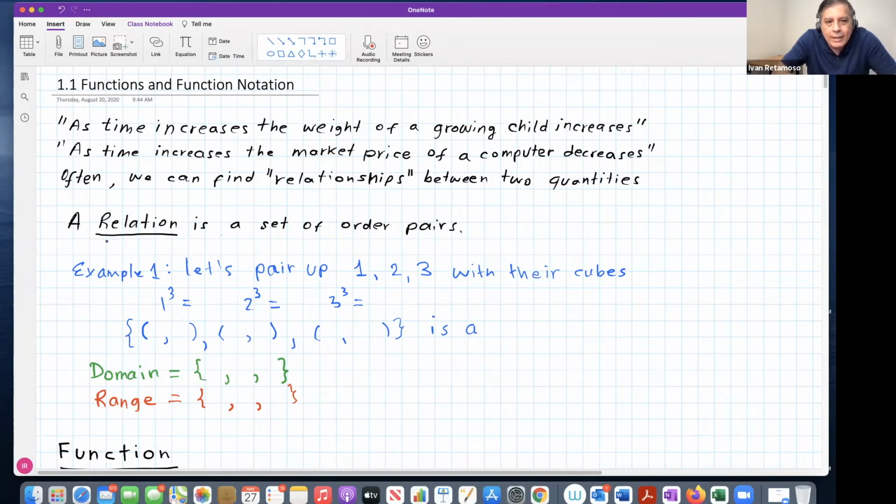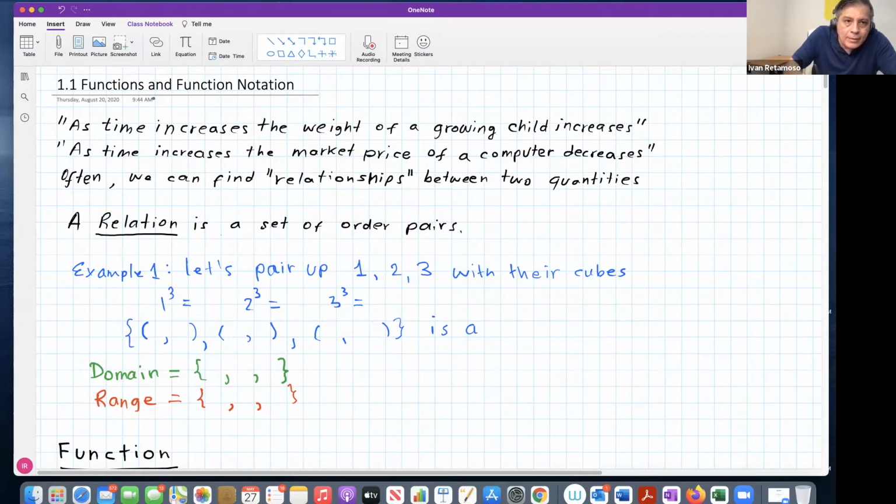What is a relation? A relation is a set of ordered pairs, right? It's the structure of this relationship. So I'm going to consider a mathematical example, but this can be done in reality with any objects. Let's consider something very basic, very simple. Let's pair up the whole numbers 1, 2, and 3 with their cubes. So I start with the number 1,